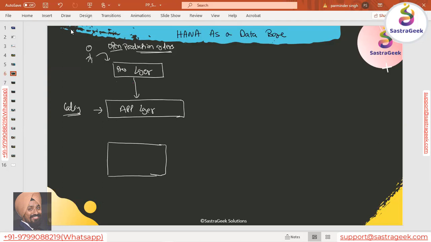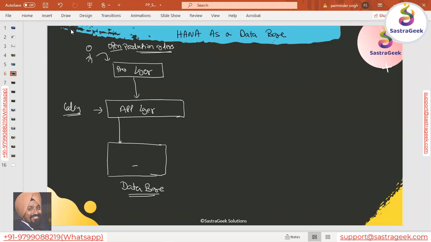Application layer will decode this as an open production order request. ABAP code will run and it will identify which table I need to go and look at, which fields I need to look at, and it will try to fetch the data from this database. Now this is my database. I'm calling it the traditional database which we're using in ECC.